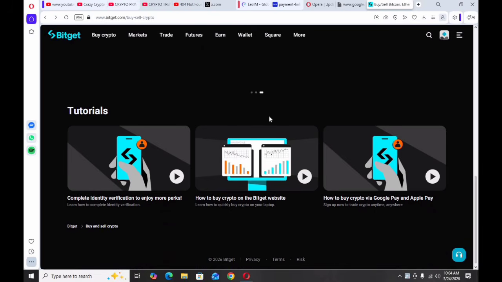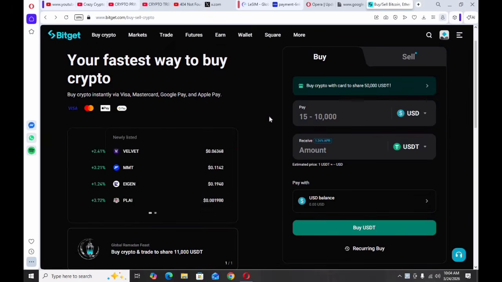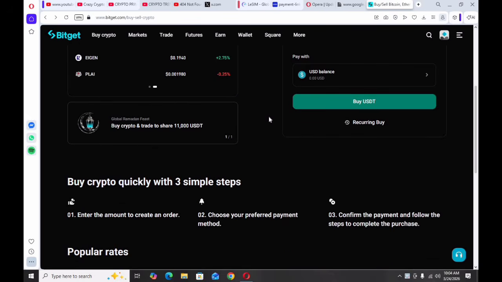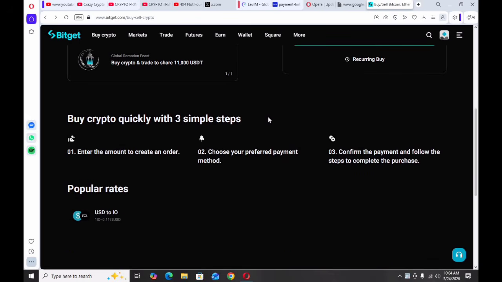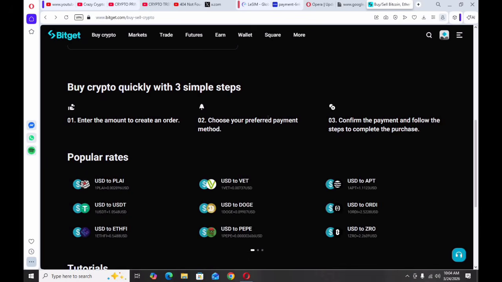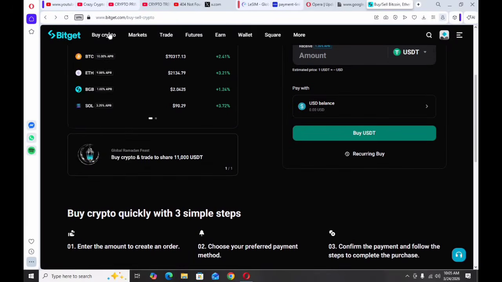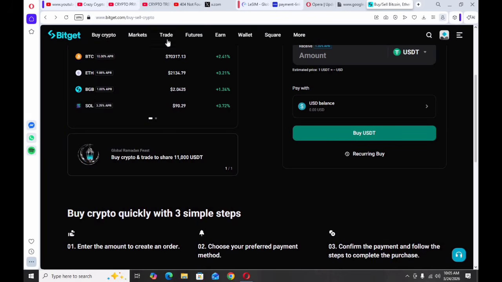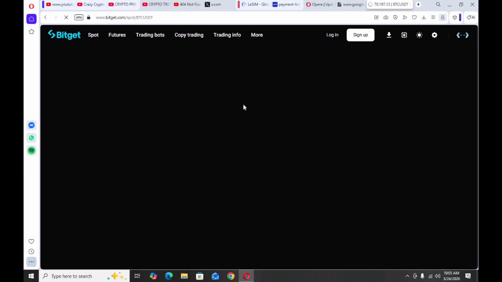Start with a small investment and trade as a learning exercise, increasing only when you understand the platform. Many beginners lose money because they go all in too early. After that, learn spot trading first. You can see it easily on the trade option. When you click on the trade option, you can start with spot trading only.